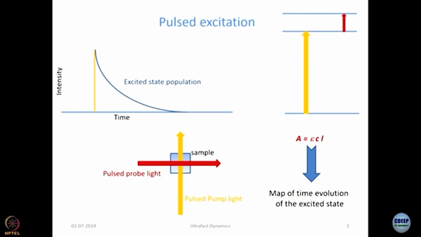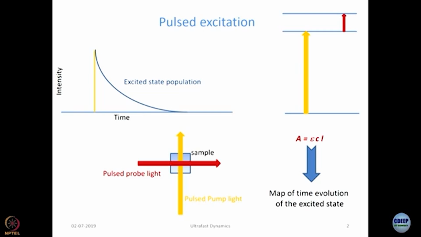So, now see this red light, the probe light, is absorbed by the excited state and not by the ground state. So, if I work out absorbance of the probe light, then I get to know the concentration of the excited state, isn't it, right. So, whatever absorbance value I get at time 0, that should be able to give me a measure of the concentration of the excited state produced as a result of instantaneous excitation, okay. Now, let us say I delay the probe light with respect to the pump light,